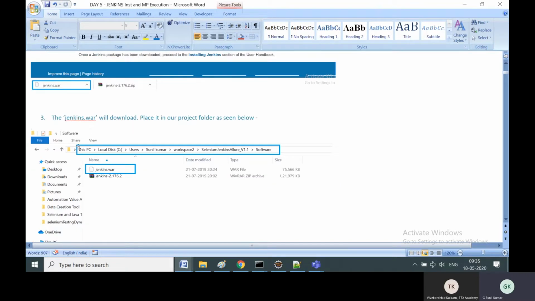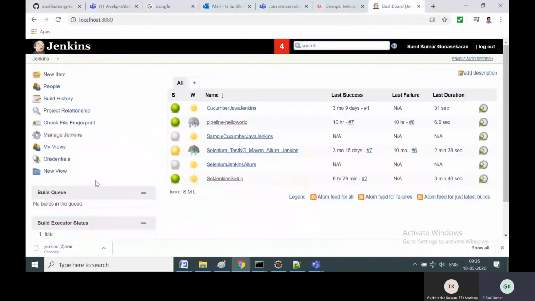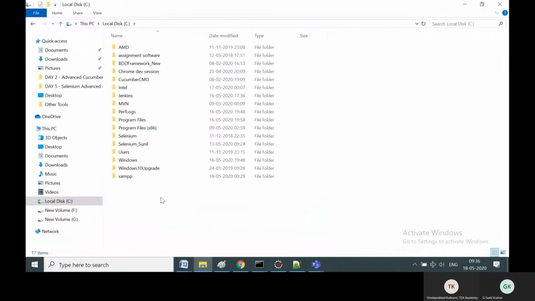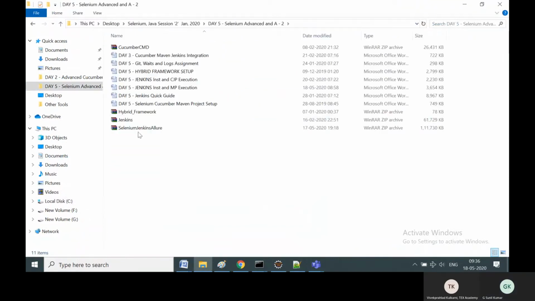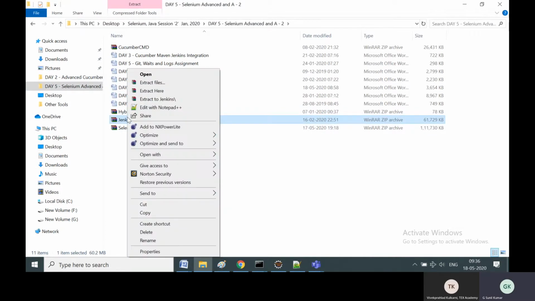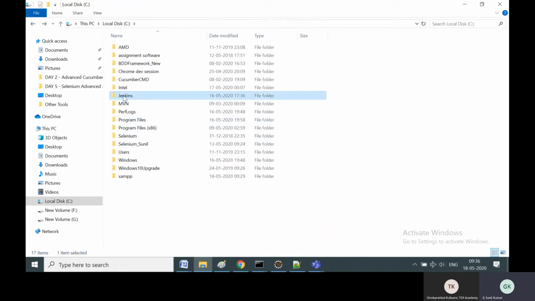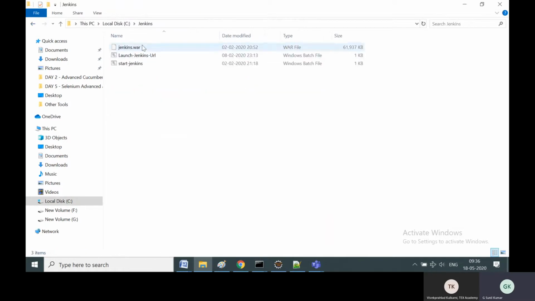Once the WAR file was downloaded, I have also provided this Jenkins.zip file. You can unzip it and put it in the C drive. In C drive, you can create one Jenkins folder, and then put the contents, which contain Jenkins.war and these two additional batch files. So we have to make sure that these three files are in C:\Jenkins.